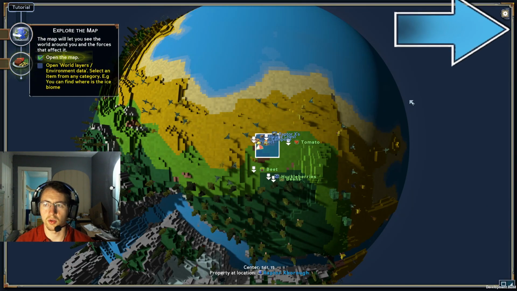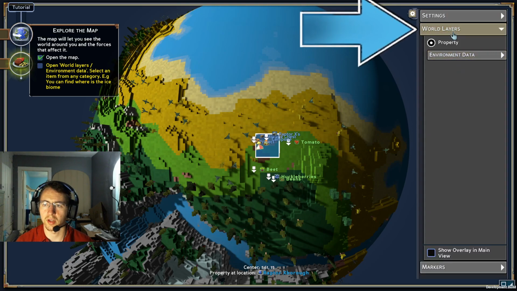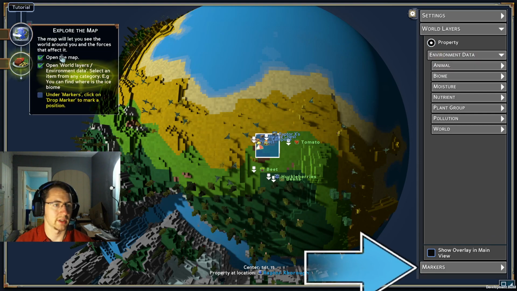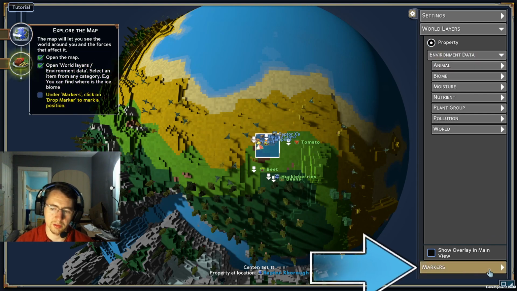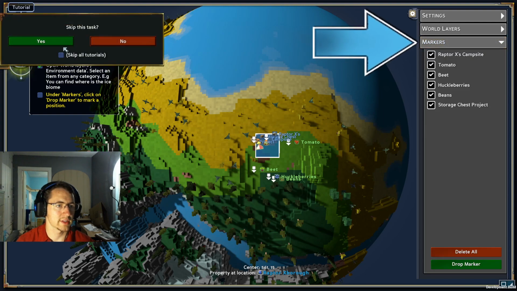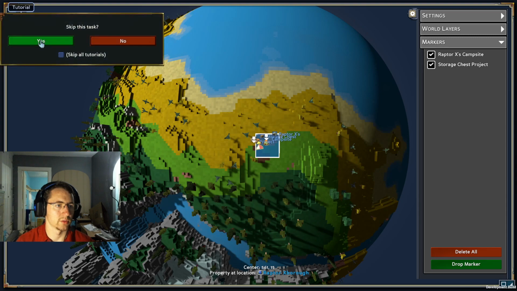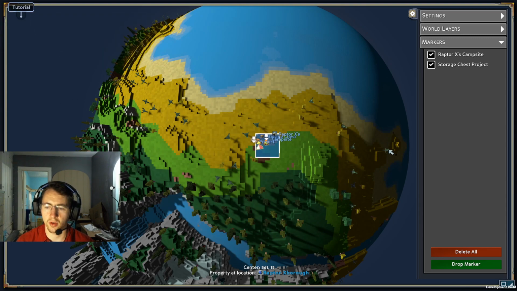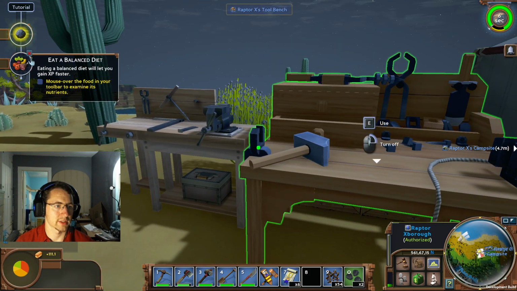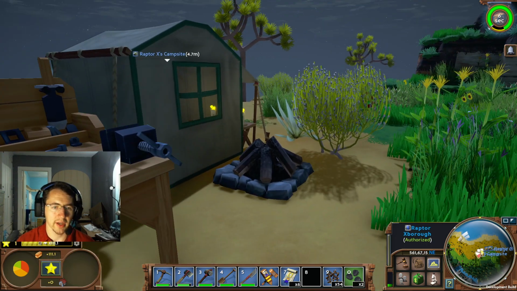to download all the way, so we can looks like we can open this kind of stuff up, look at world layers, environment data, all that kind of things, property. These are all just part of the tutorial now, so I'm just going to close out of all of this. Yep, we'll skip that one. We'll skip that one because we know how to do all of this. Yeah, okay, I'm just going to skip all of these because we know all the tutorials. Okay, so